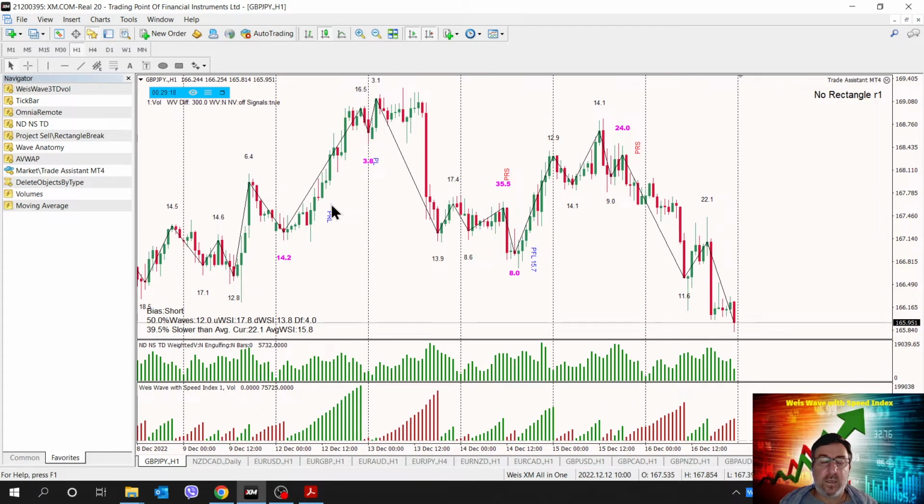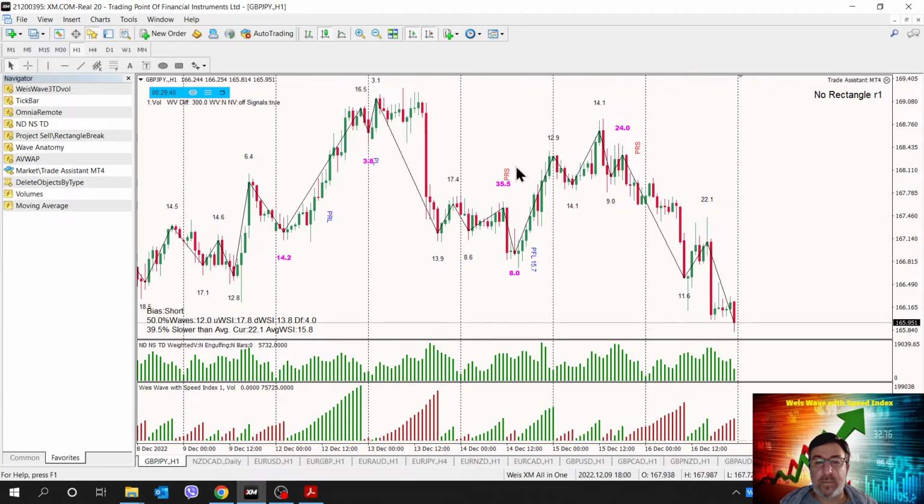But what's the disadvantage of this methodology? This is good when you're trading Renko charts, which are standard size. But on time frames, the disadvantage of this method, which most wave indicators have as their only method, is that if you change the time frame, you will miss a lot of wave swings.